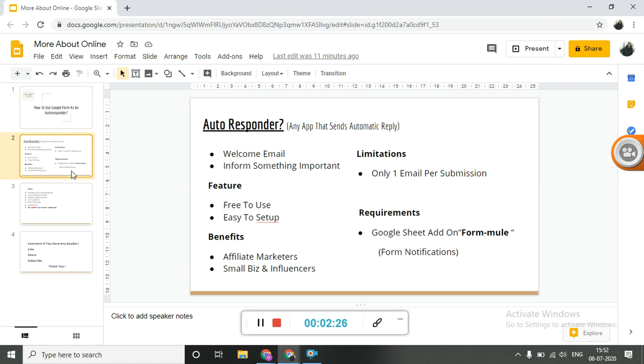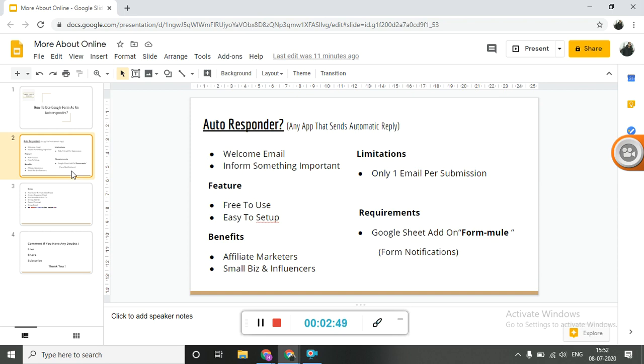Now many a times what affiliate marketers do is that they use MailChimp or MailerLite or SendGrid. These are very good applications, but they are all paid. Of course MailChimp is not paid until you have like 1000 or 2000 subscribers, but after that you have to pay for using that application.